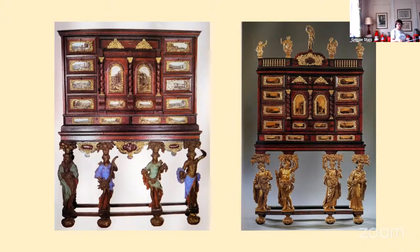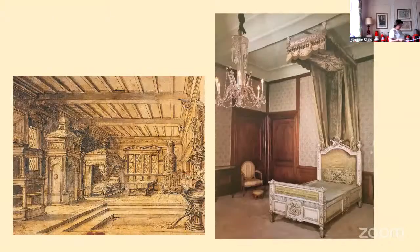Gilding and metal decoration also made their appearance. The beds were often equipped with exuberant carvings according to the household inventories. Not only architectural elements such as columns or caryatids with or without sculpture, but also eagles and apples were used to crown four-poster beds. This was true both in the 16th and 17th century. During the 18th century, textiles seem to have replaced sculpted bed decoration. However, a single example survives, like this bed of Ben Bishop, where carving and sculpture in the style were carefully